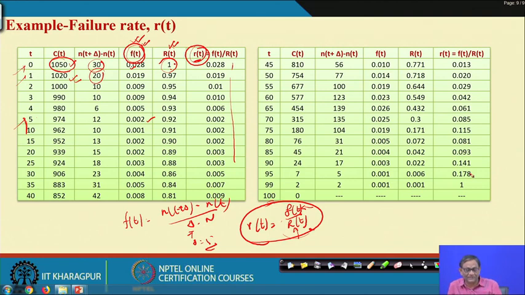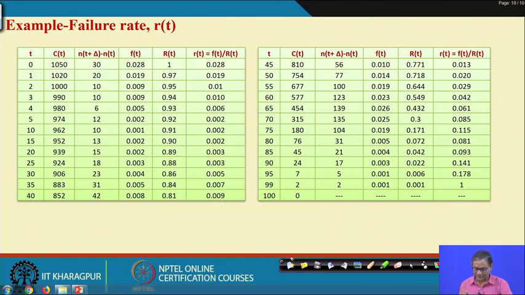You practice, use an Excel sheet and take the same data. So, what data do you require? You require only this T and C(t) data, the rest of the data will be derived or computed from the C and T. So, you got now the hazard rate or hazard function or instantaneous failure rate, and sometimes we also say failure rate. In many books it is written failure rate.